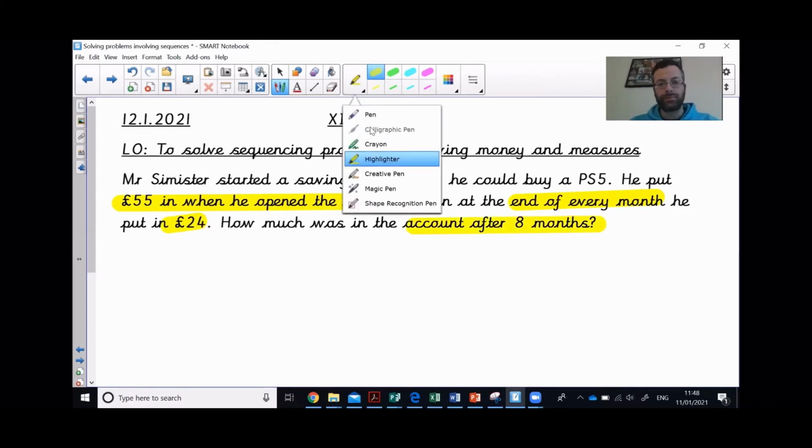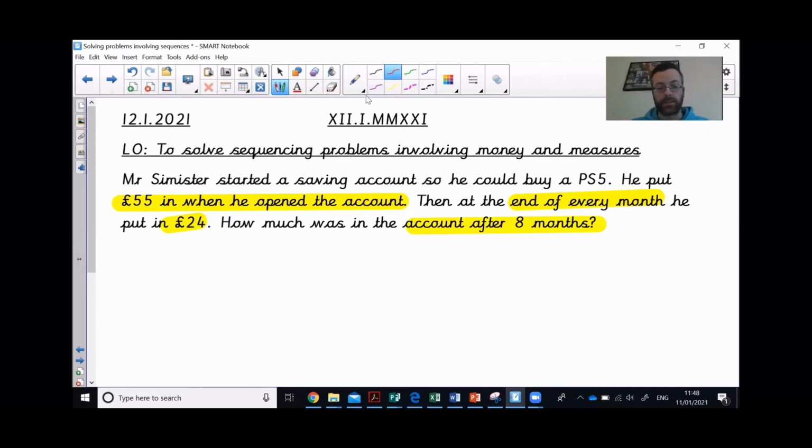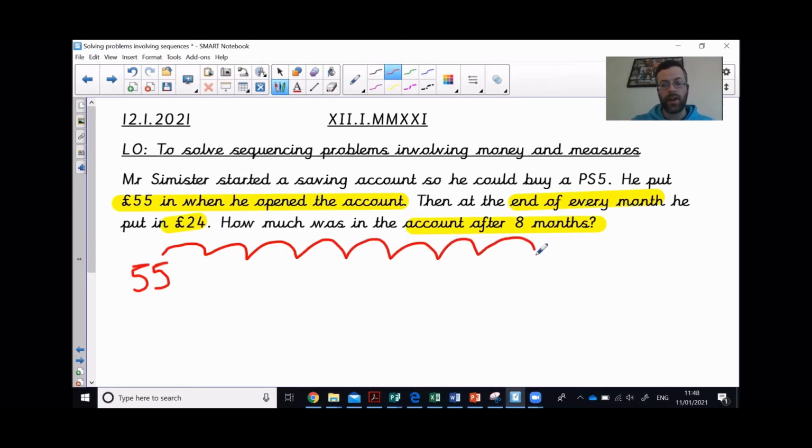Now, to help me do that, I'm going to set it out like the sequences from yesterday. So I'm starting with £55. Now that is going to be going up, and I need to work out after 8 months, so I'm going to have 1, 2, 3, 4, 5, 6, 7, 8. And then I just keep adding 24, don't I? So 55, add 20, add 4 is going to be 79. This is where hopefully I don't make as many mistakes as yesterday. 79 add 20 is 99, add another 4 is 103. 103 add 20 is 123, add another 4,